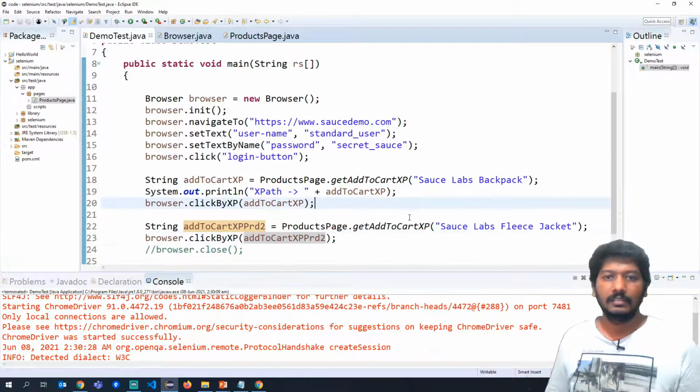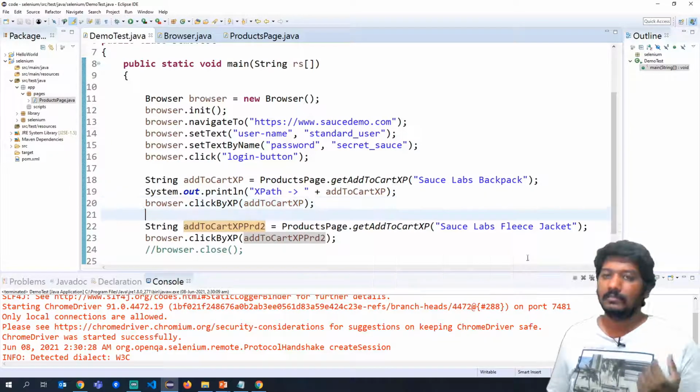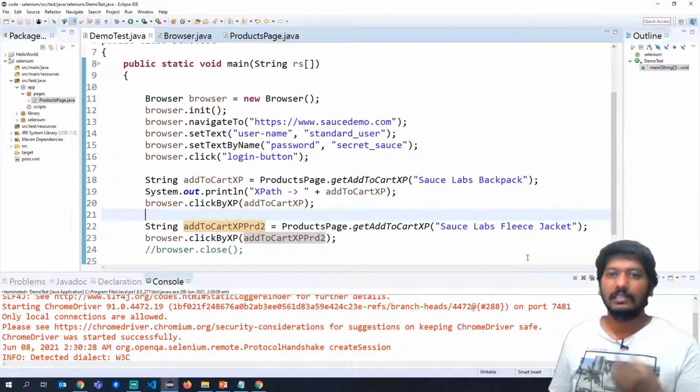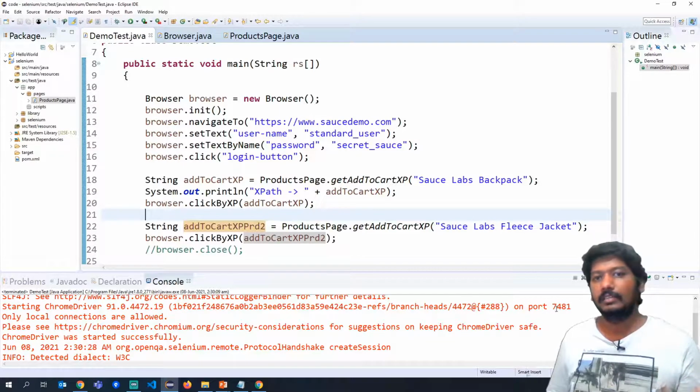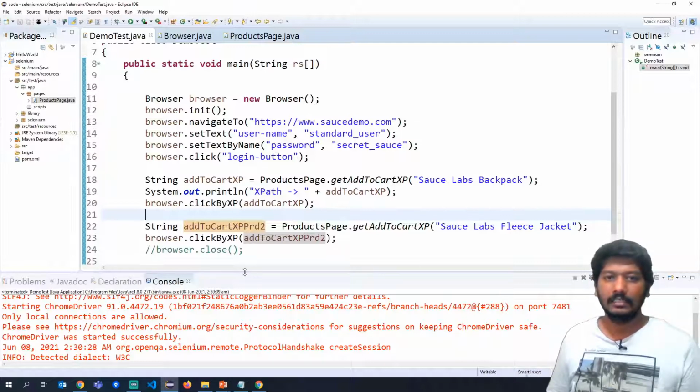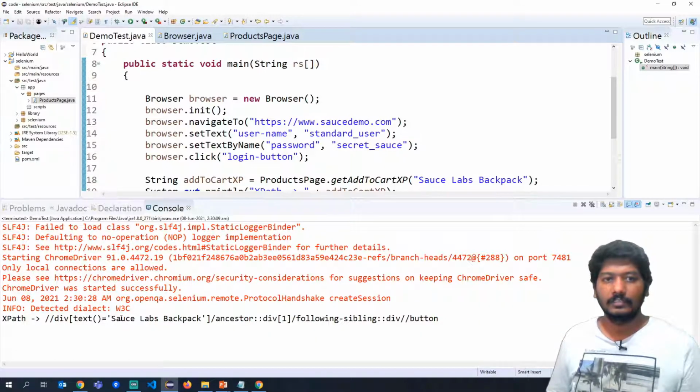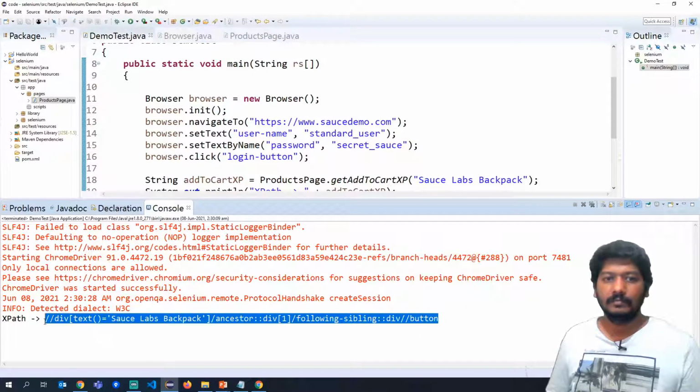So if you see here, the advantage of writing this method is creating and replacing the XPath and generating the XPath properly. Okay, let us even see if we printed here, right, the XPath, if it is coming properly or not. So you can see that in the console. See here, it says XPath. So this is the XPath we have generated. Okay, so this is good.